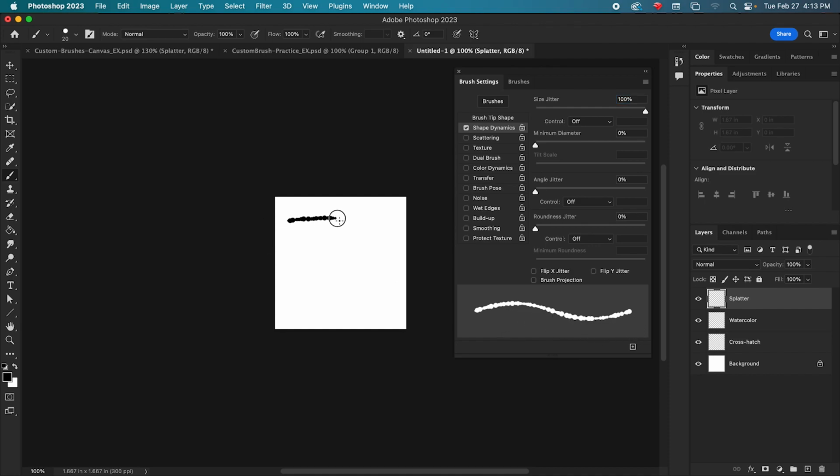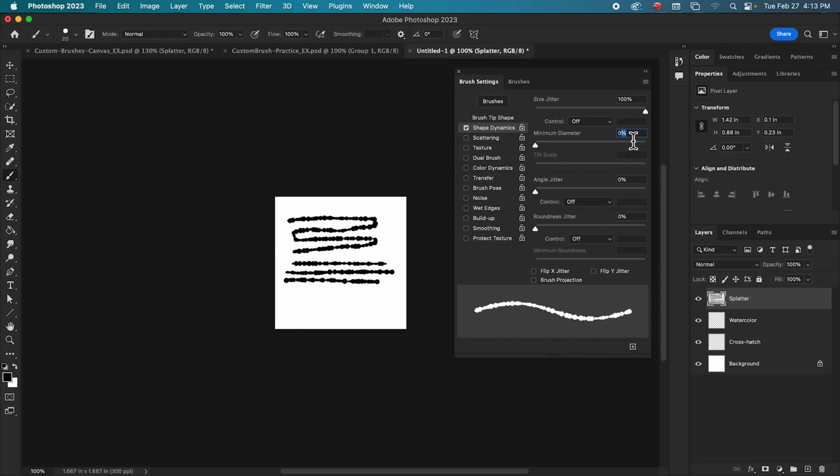And if I draw with this right now, you will see that rather than there being a single circular symbol repeated over and over again, there is a circular symbol that is repeated, but the size is changing. That is what the size jitter does. It randomizes the sizes of each brush tip as you create them.